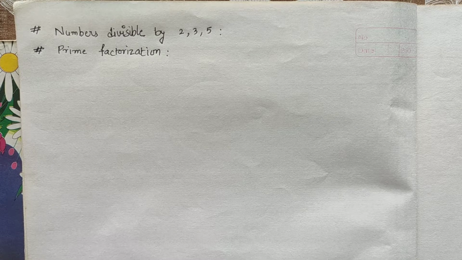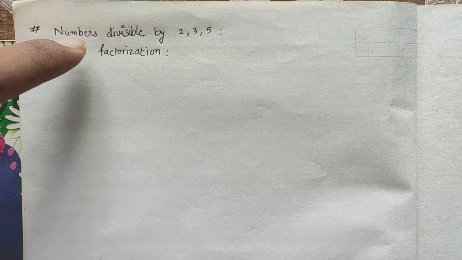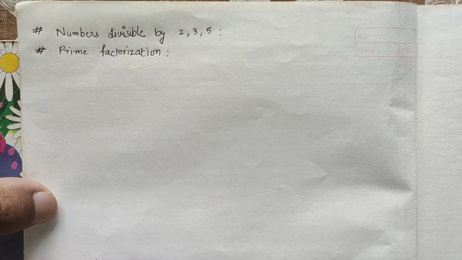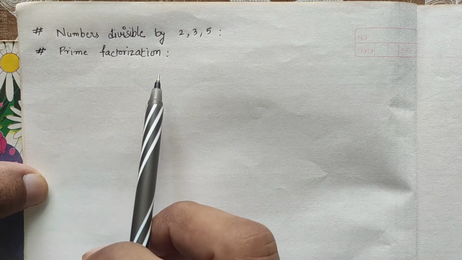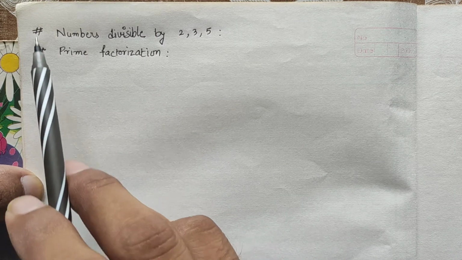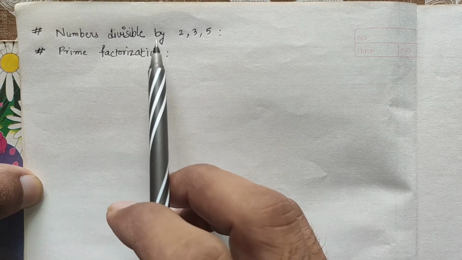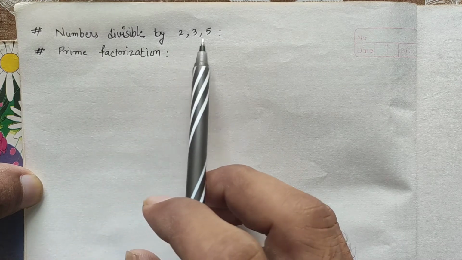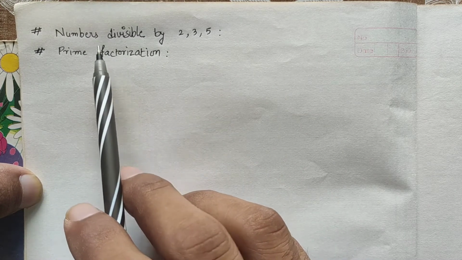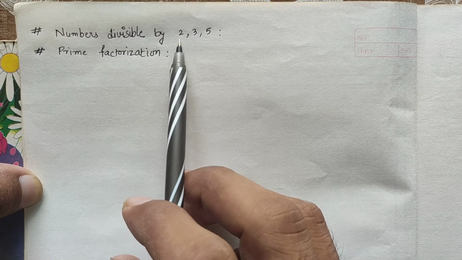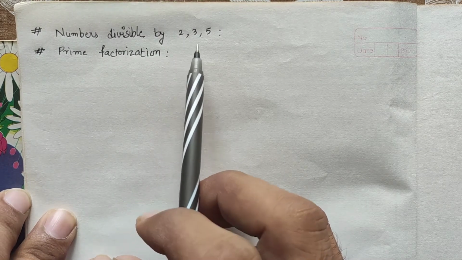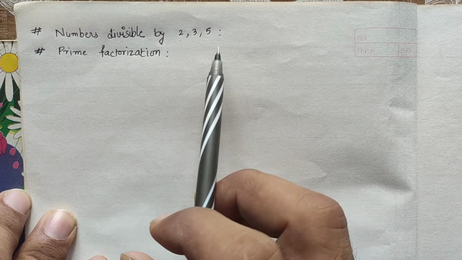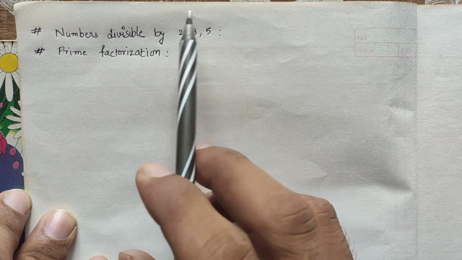On this episode we are discussing numbers divisible by 2, 3 and 5, and another topic, prime factorization. So we are discussing two topics. Why 2, 3 and 5 only? Why are we seeing only the first three prime numbers, the numbers divisible by 2, 3 and 5? Because there are some rules